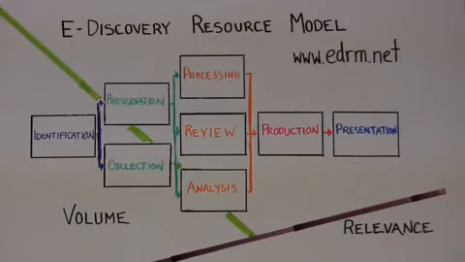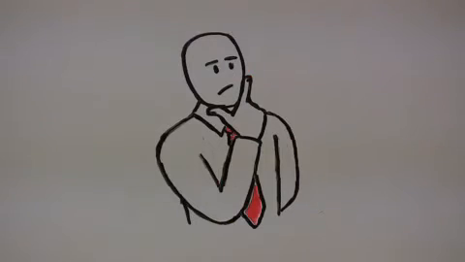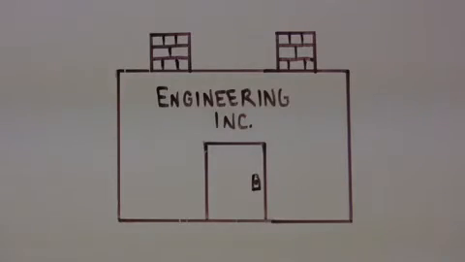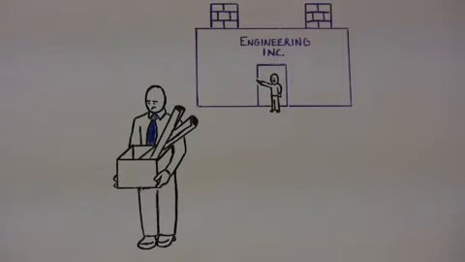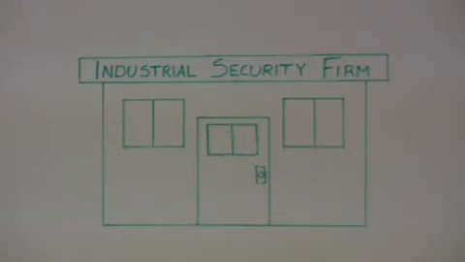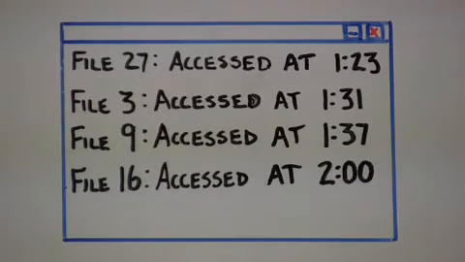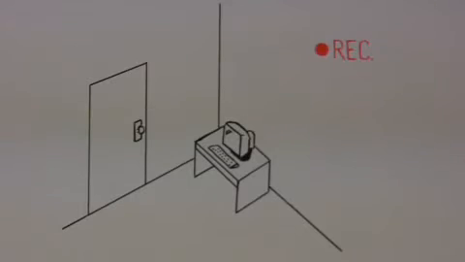So now that we've discussed the e-discovery process, try to imagine how it would affect the following hypothetical case. Engineering Incorporated, or EI, is a mid-sized engineering firm that recently fired one of its employees on suspicion of theft of trade secrets. The company hired an industrial security firm to investigate the theft, and they found computer logs that show the employee accessing the stolen information from a company computer, video evidence from a hidden camera pointed at the